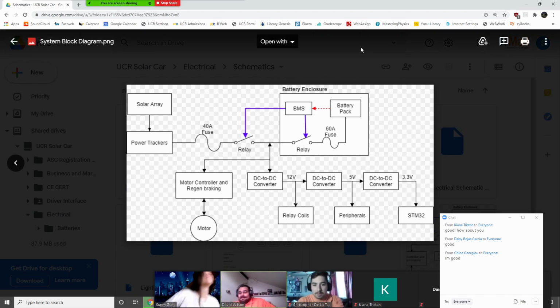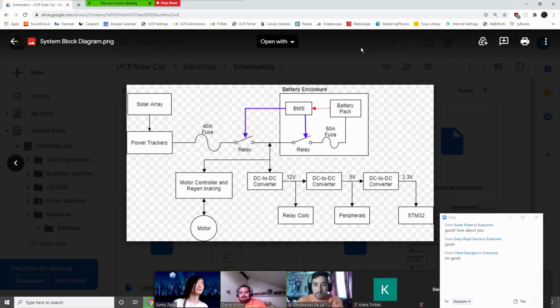So the system block diagram is a very interesting tool. It's basically blocks of the subsystems being linked together, but with not too much detail. It's more of an overview. We're not trying to get too technical on this one, but you can see also that there's a flow of interest. You can see how solar arrays really care about those